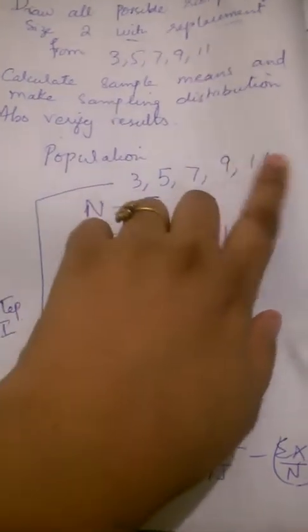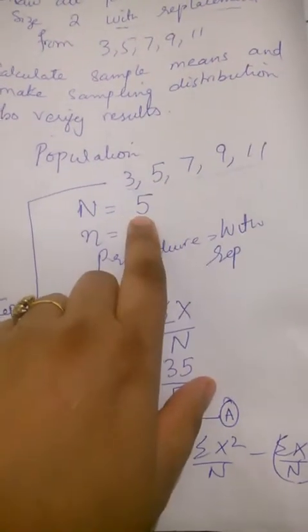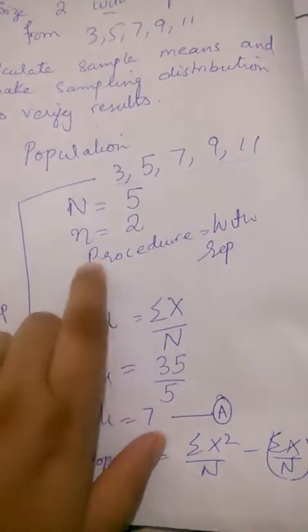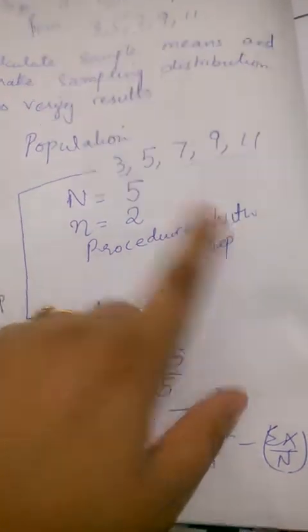I have mentioned the 3 points. Population size means the number of elements in the population. There are 5 elements, so population size is 5. Small n is the sample size, that is 2, and procedure is with replacement. Now,